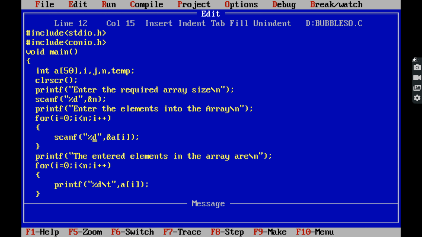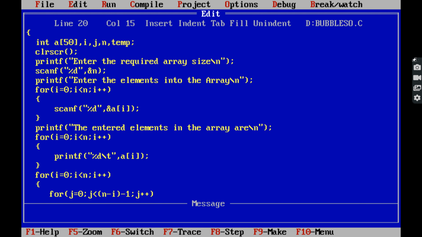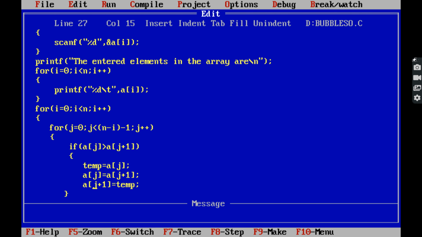So n value 6, 6 minus 1, that is 5. Whatever elements are read from the keyboard, those values are printed by using a for loop and printf statement. Now this is the logic of the bubble sort program in C programming.